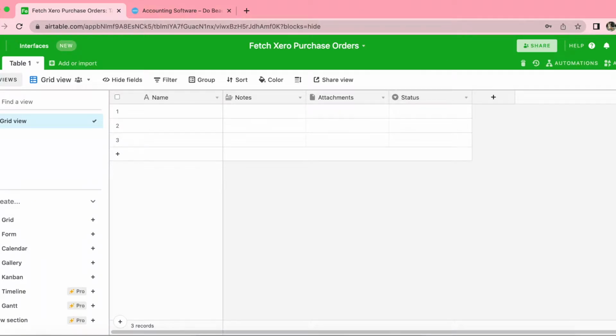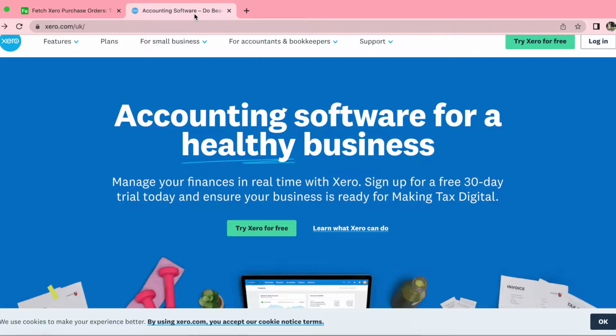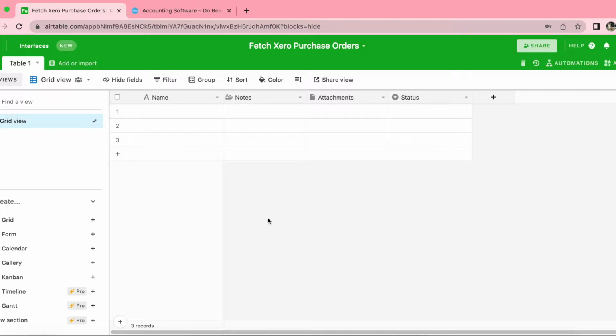Welcome. Today we're going to learn how to fetch Xero purchase orders into Airtable using Data Fetcher. Xero is a cloud-based accounting software for small and medium-sized businesses. It's really easy to use, but today we're going to make it a little bit easier to bring in your information to Airtable. We'll use the Data Fetcher Airtable app to connect Xero to Airtable and import selected fields from